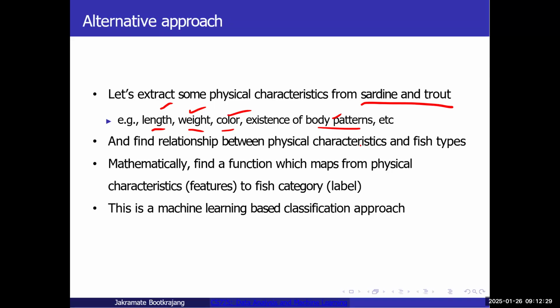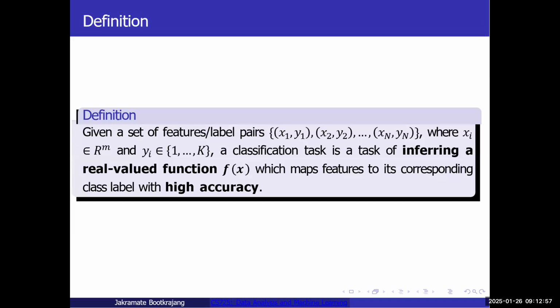In mathematics, these are the features, these are the input, and the fish category, which we call a label, would be the output. Machine learning is basically finding a function that maps the characteristics to a fish category. So if we write it in a more formal way,